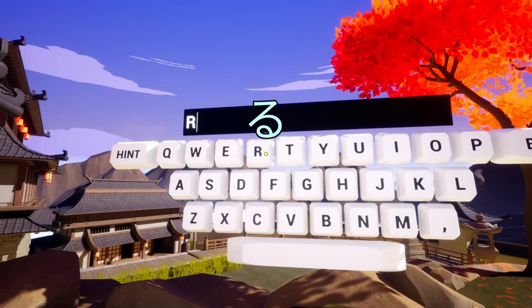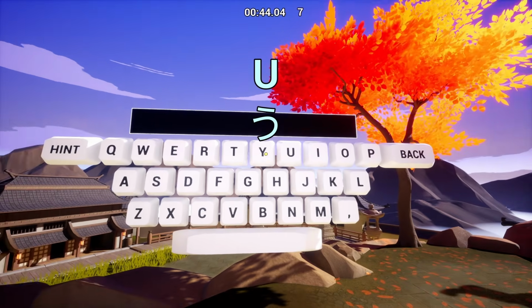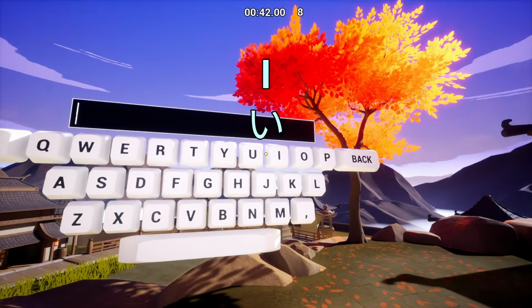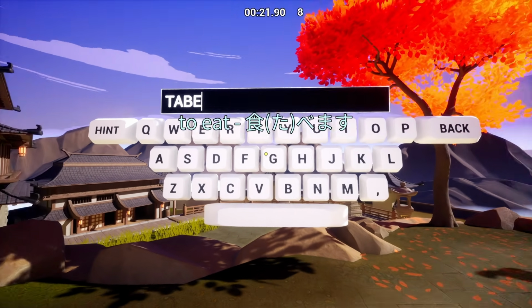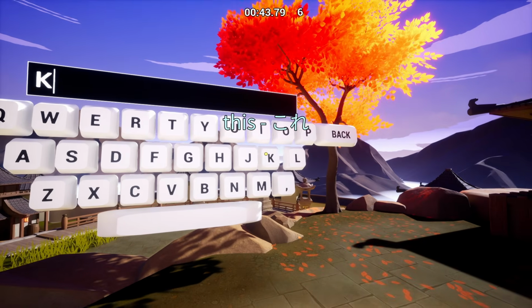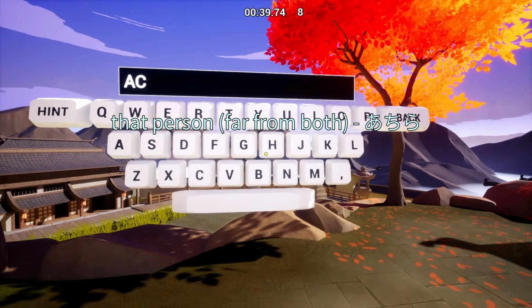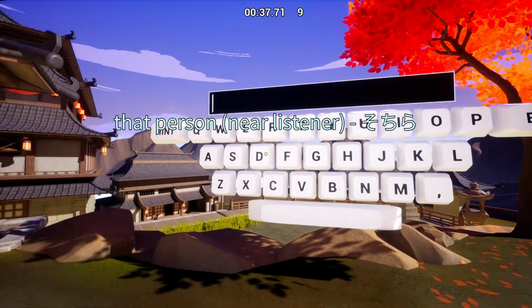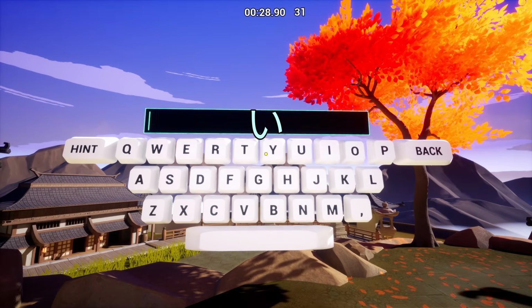Originally, POLYGLOCK was only intended to be used for learning Japanese, and if there was enough demand, some other popular languages in future updates. The problem with that idea is that it was frankly a waste of the flashcard aim trainer environment I had built. It's really fun and satisfying to play, but it would really only be useful to people currently learning Japanese. At first I thought, well, that's my game's niche.